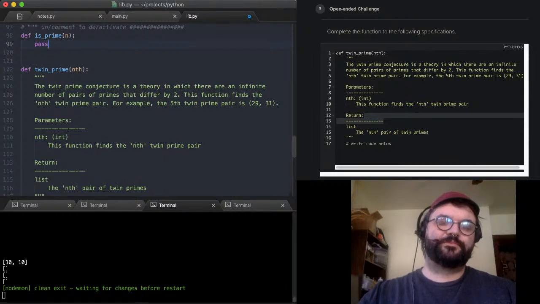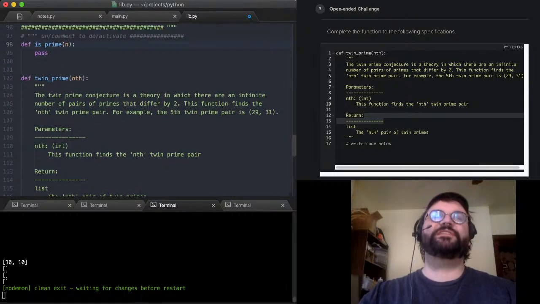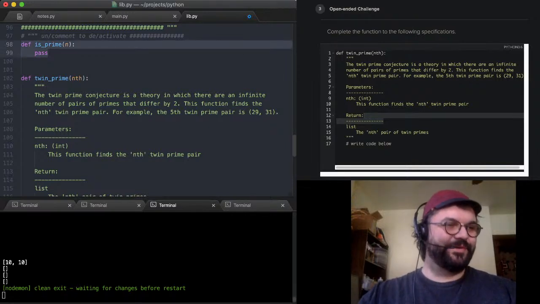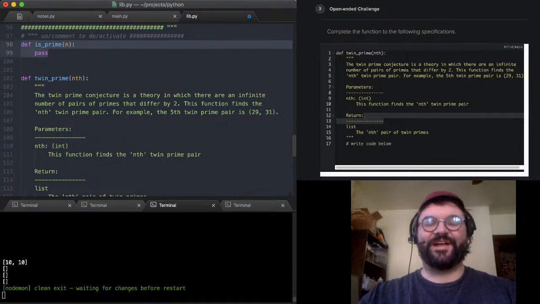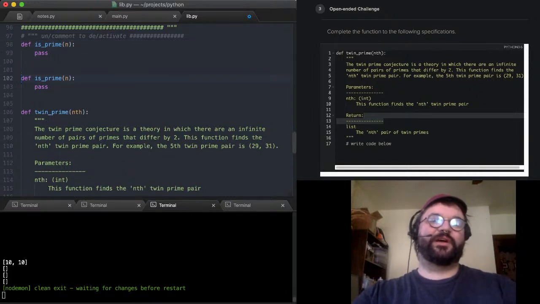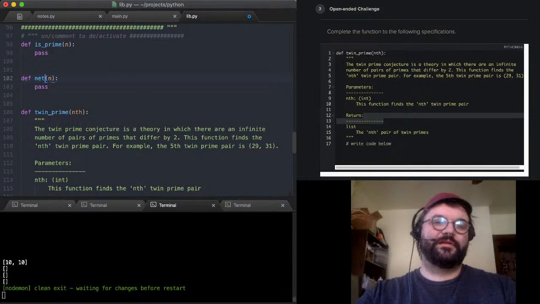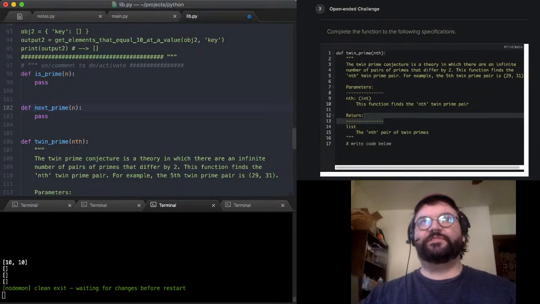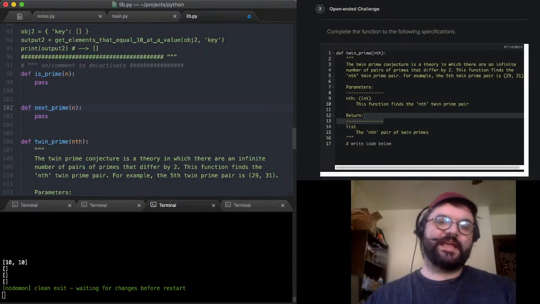We're going to need to be able to determine whether or not a number is prime. One way we can do this is if I write a next prime function, so I'm going to use isPrime to write next prime. If I write a next prime function that takes in a number and gives me the next prime number, I can say in here,